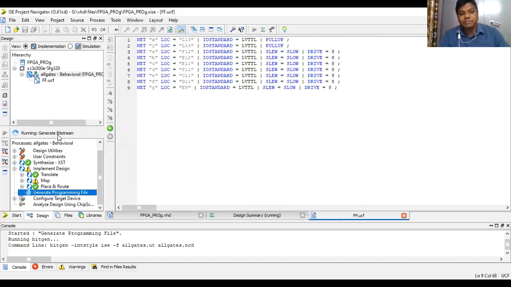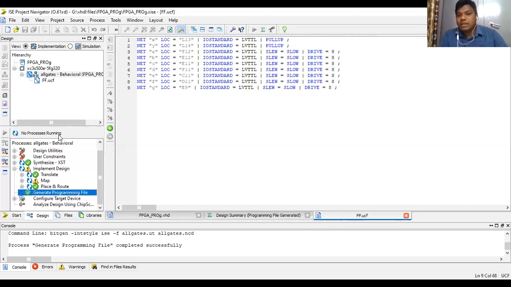Generating bit stream. When the bit file is generated, we can load that bit file and check the output. That is the FPGA flow, the flow of any UDM, universal design methodology. When we have tested for an FPGA, that means we can fabricate an IC. We can give these results to the fabrication industries, then they will prepare the integrated circuit.